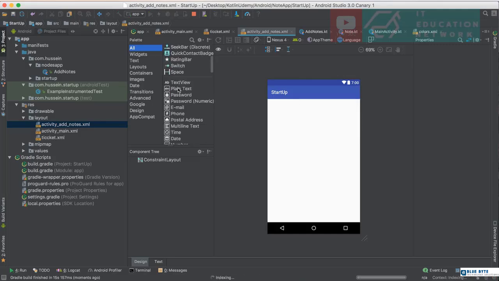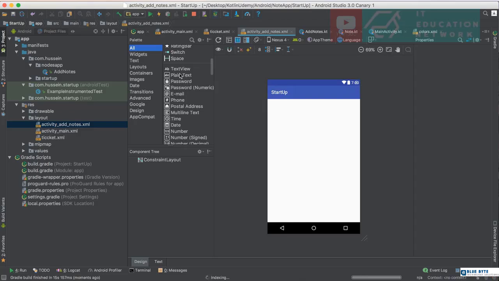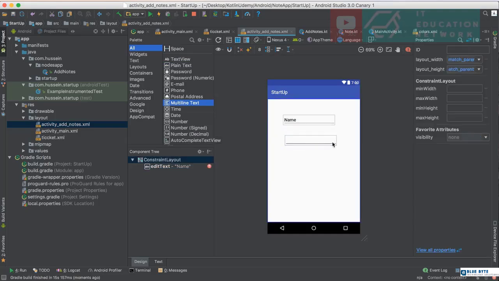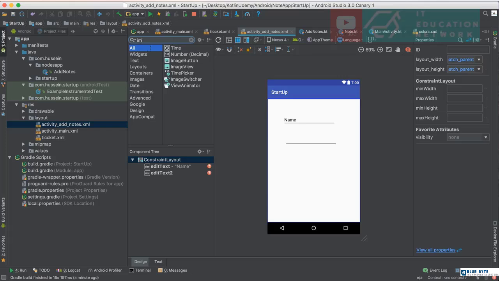First of all, I need a text view or text input, plain text, whatever. So plain text here, asking the user to enter the node title, and this one I will ask the user to give something about details. So multi-line text, because the details should be multi-line. And for sure there is a button or image for add. I would use images always because I love images. For now I would use images. You could use, as I told you, like